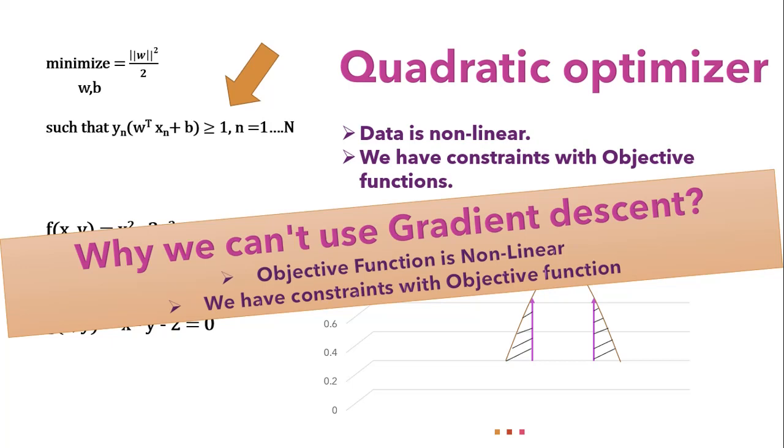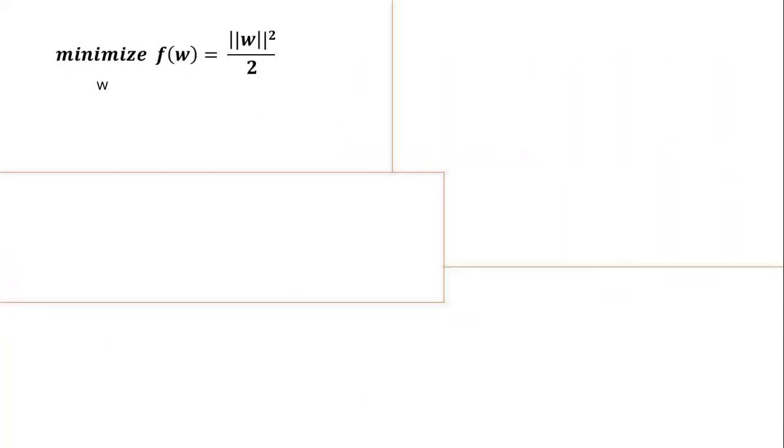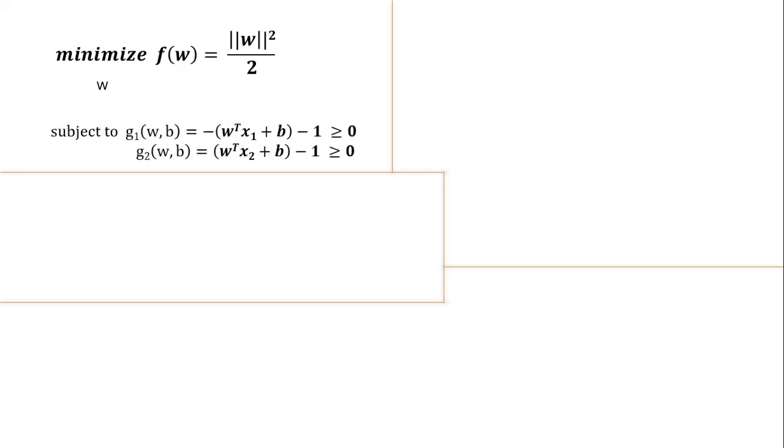So guys, now let's see how we can optimize our objective function, that is square of norm of W over 2. And let's say we have two constraints with us, as shown on the screen. So what we have to do now is combine our objective function and all the provided constraints so that we can compute the optimization function on that. But here the question is, how can we add constraints to the objective function?